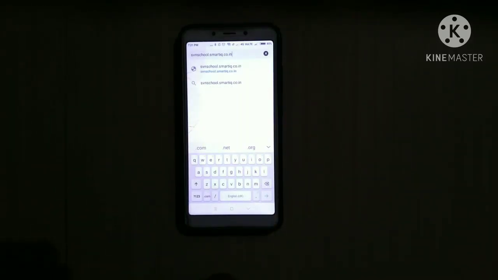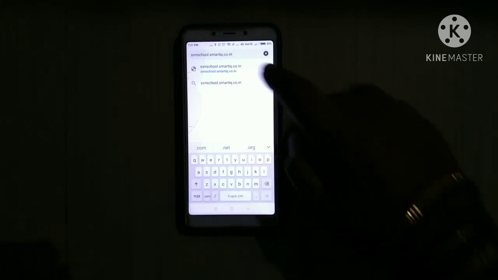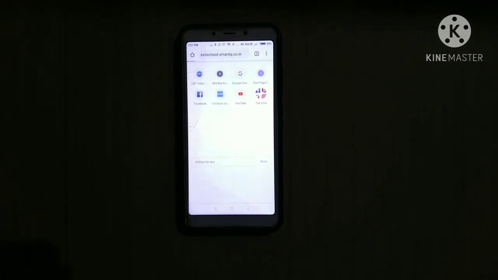While typing these, all the letters should be in small letters. Keep in mind, then only we'll get that website. Now I'll click on that, or you can search also, no problem.